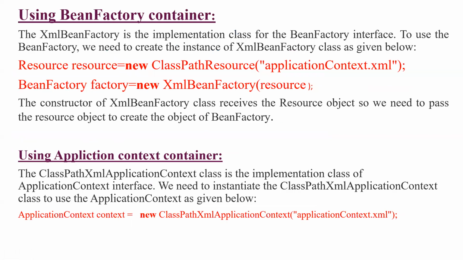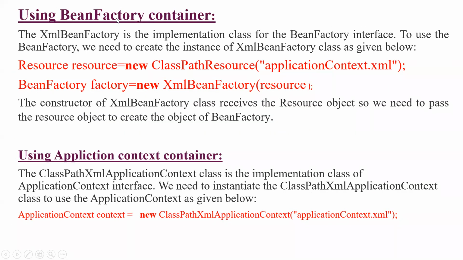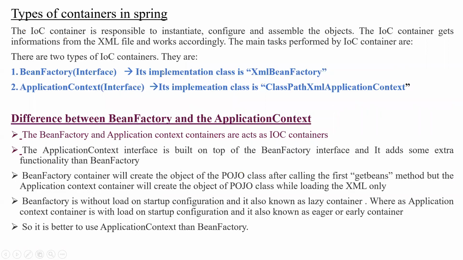See guys, I will show you. I will make use of these two in programs, and you will understand. You can see here there are two containers: using the BeanFactory container, and using the ApplicationContext container. The XMLBeanFactory is the implementation class. If you want to make use of BeanFactory, you have to create an object of XMLBeanFactory, right? So if I want to make use of the BeanFactory container,